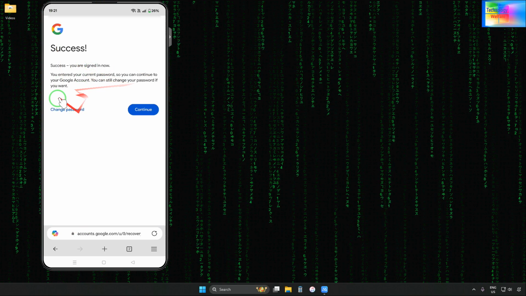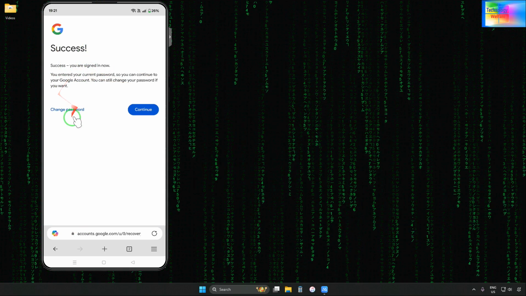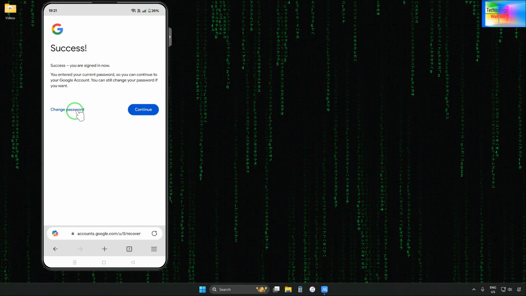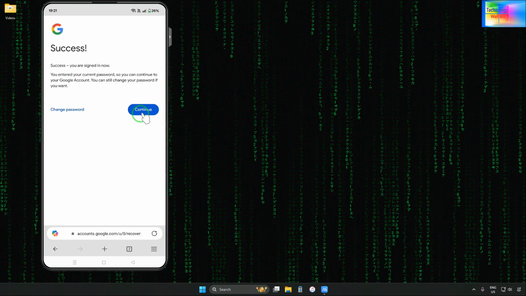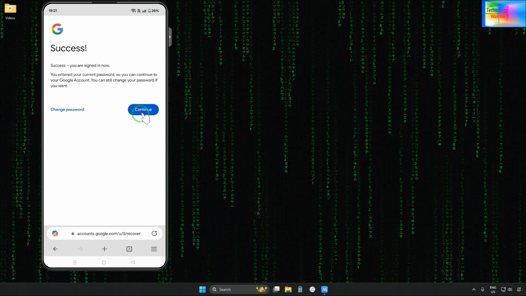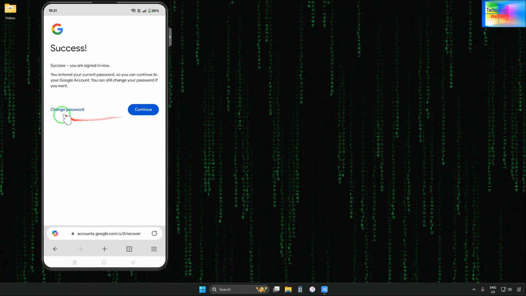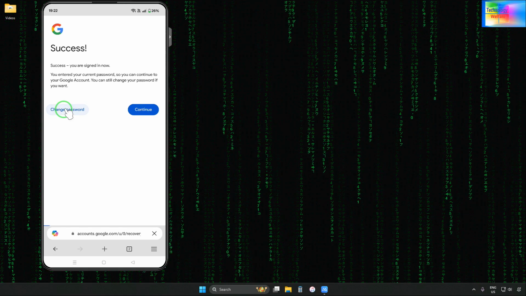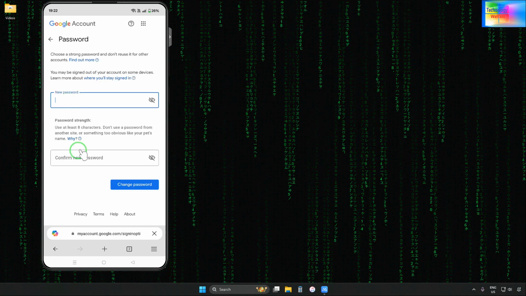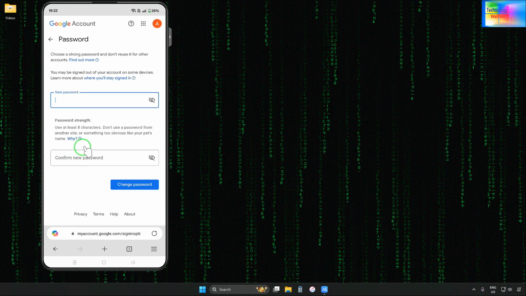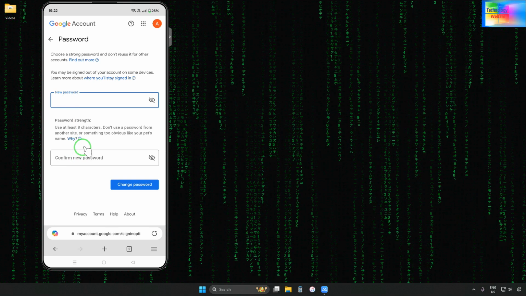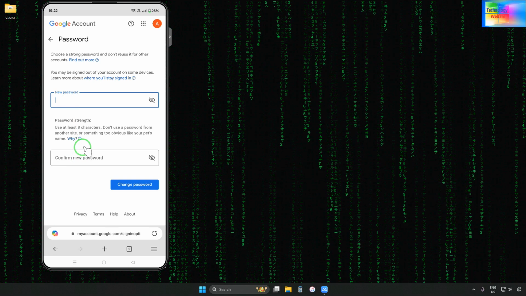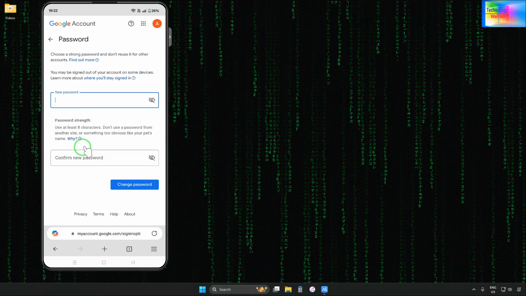So we have two options: either we can go for continue, or we can go for change the password. Here, smartly, we don't click on continue, otherwise you would be trapped in verify your options. So in that condition we will neglect this one, and we'll go for change the password. And when we click on change the password, now we have this strong opportunity to create a strong password here guys. And of course after writing the strong password, confirm the new strong password, and then of course go for